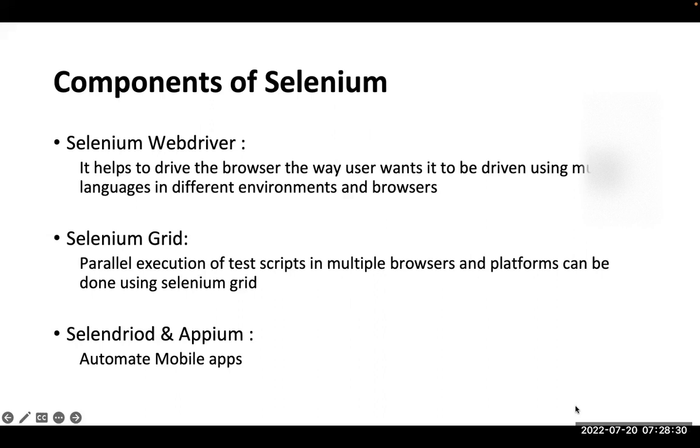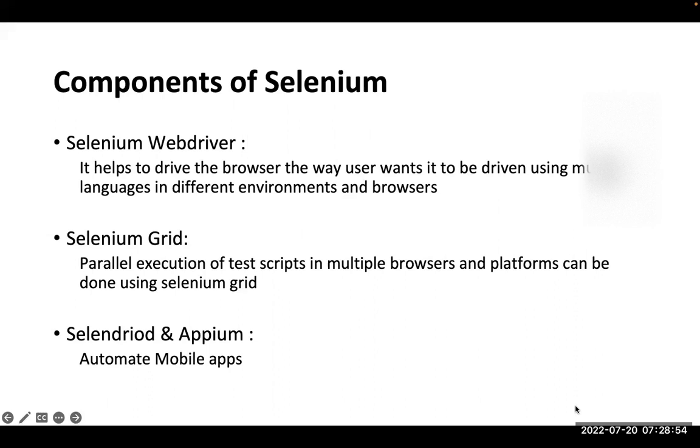The same way, a WebDriver also will take the instructions in any of the programming languages like Java, C#, Ruby, or Python, or whatever it might be. It will understand only these languages. Using this language, you want to guide the driver. You have to give the instructions properly to that driver, so that